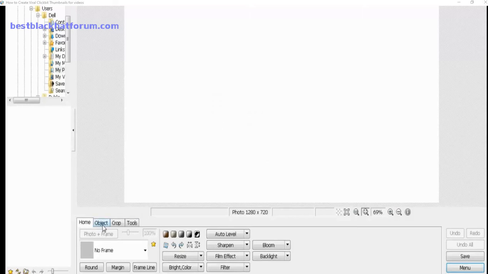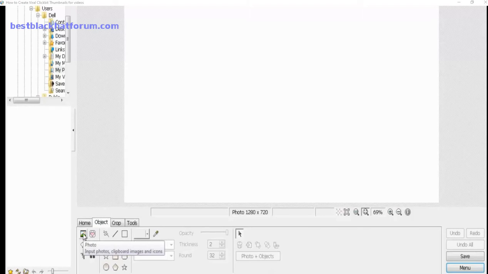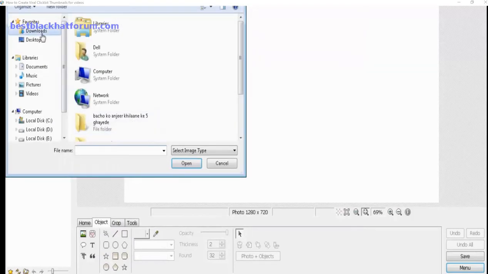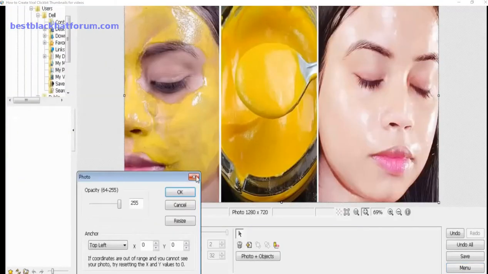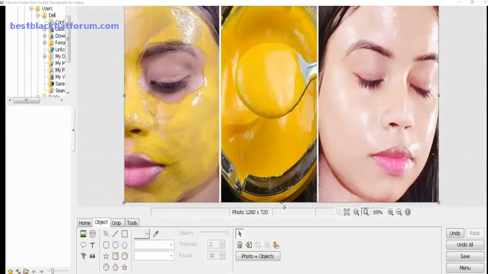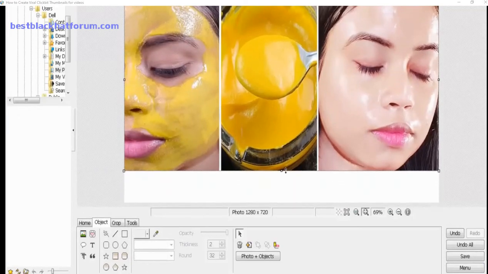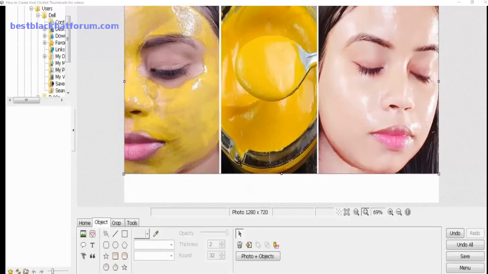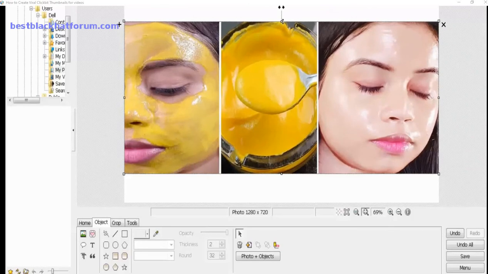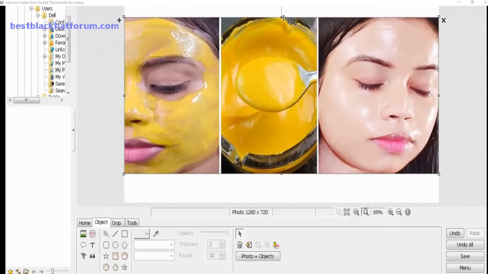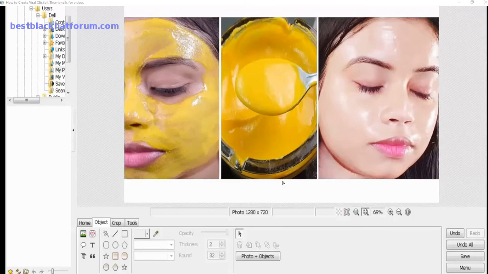Now you need to go to object, click on photo, click on photo again, and go to your download section. This is your thumbnail you have downloaded from the YouTube video. Now you need to use this type. It's good.